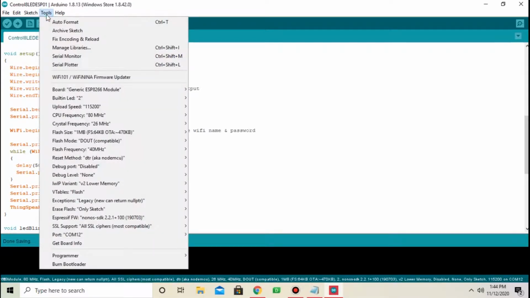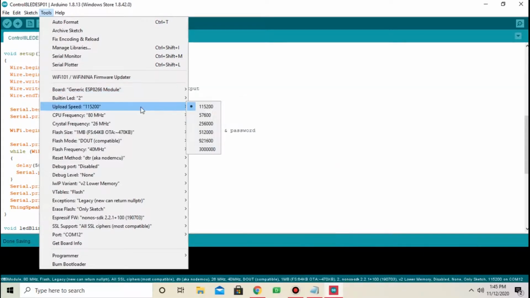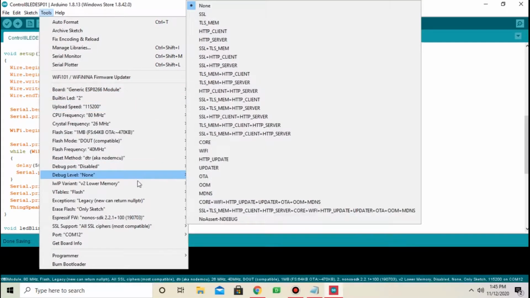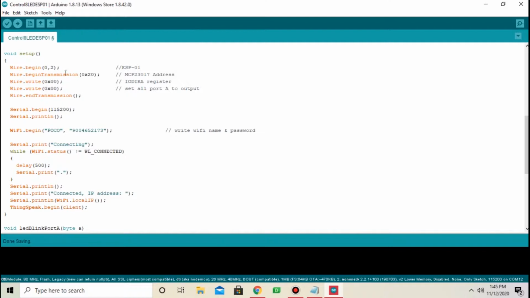From tools, select board, generic ESP8266. Select COM port, in my case COM12. Upload the code.